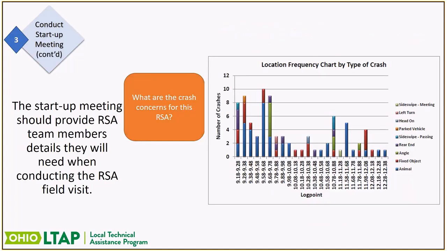And then, what are the actual crash concerns for the RSA that you're doing? This was a data set, and this is one of those charts that gets automatically generated out of GCAT in that CAM tool, that all I had to do was push the button and then the chart generated for me. So in this chart, we saw that there were side swipes, there was left turn issues, head on, but then we had, you see at the very bottom, there were animal issues, and they were kind of interspaced throughout, but more severe in certain sections of the roadway.